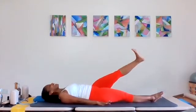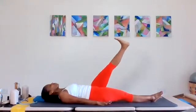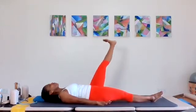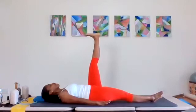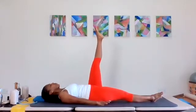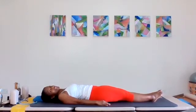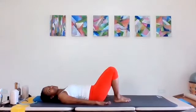And for 3, take it all the way to the top. And let's go small ones. Same directions. 4 and 3 and 2 and 1, lifting it up there, reaching, point that toe and lengthen that away. Fantastic. All right, let's bring those feet back in really nice and close to the